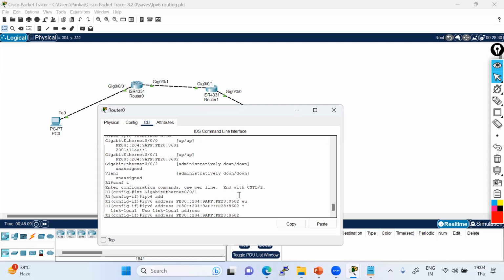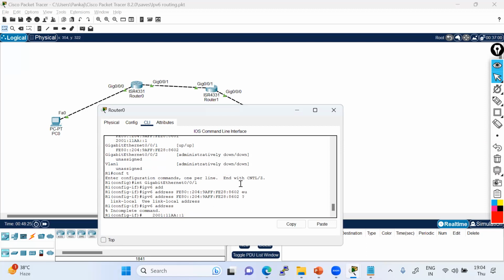This is an already created address, so it is not creating. Okay, let me just use this.